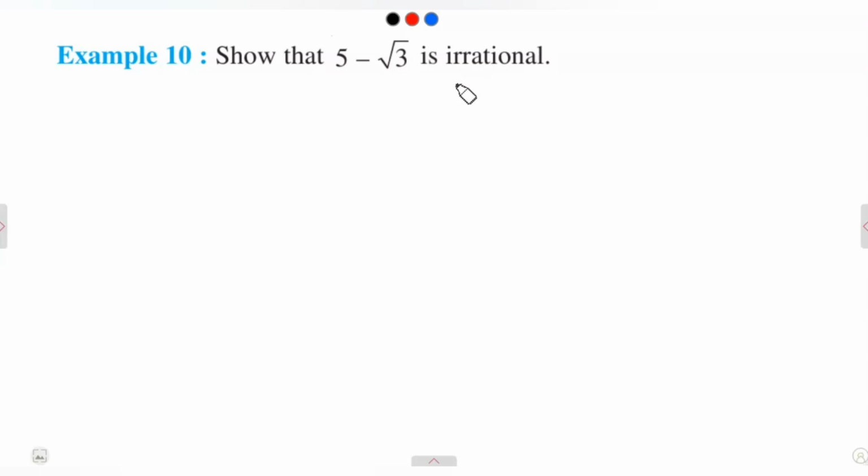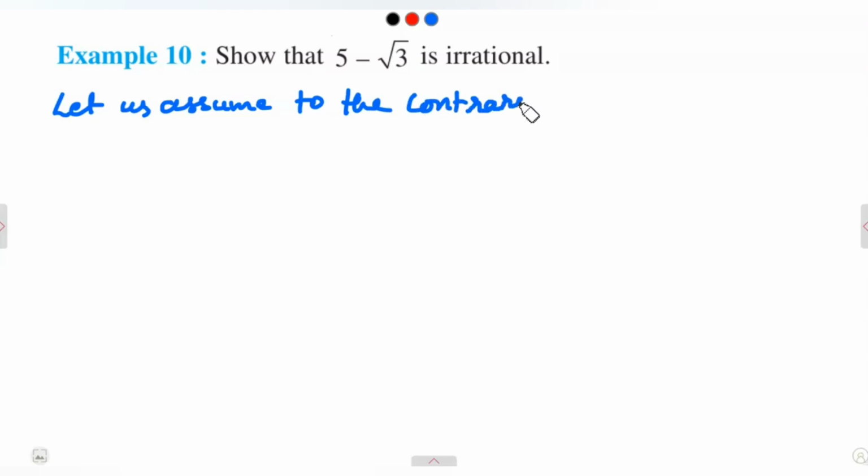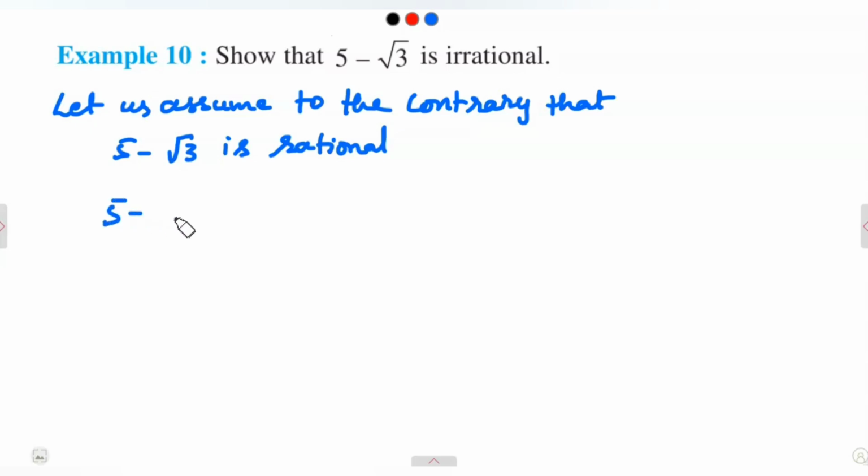So, like before, here also let us assume to the contrary that 5 minus root 3 is a rational number. If it is rational, what happens? This 5 minus root 3 can be expressed in the form of a by b, like fraction form. So let us assume that 5 minus root 3 is equal to a by b,